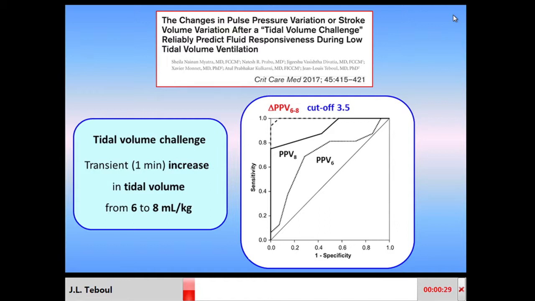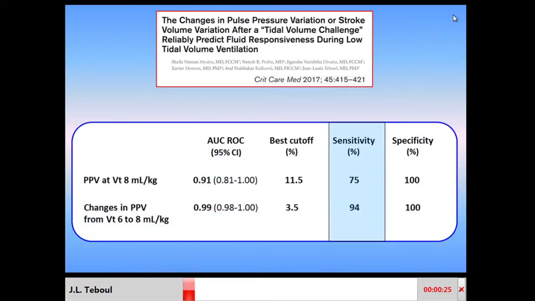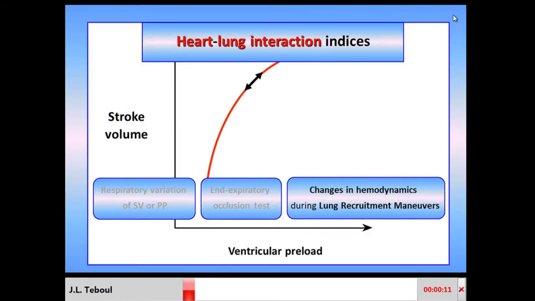Okay? If PPV goes up from 7 to 9, the patient is not fluid responsive. So it is very simple to do in case of low tidal volume ventilation. And it is better to look at the changes in PPV because we have a better sensitivity, 94%, than to look at the value of PPV at 8 only, not the changes. And finally, there is another test which consists in looking at the changes in cardiac output during lung recruitment